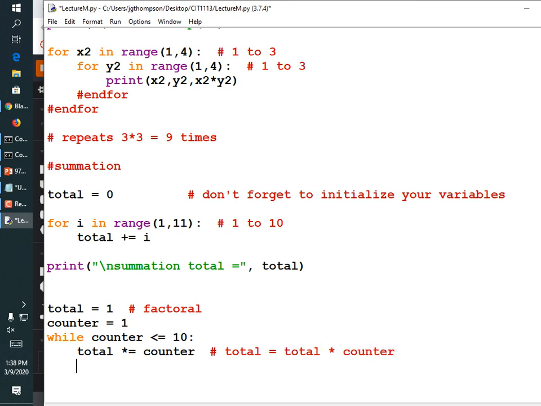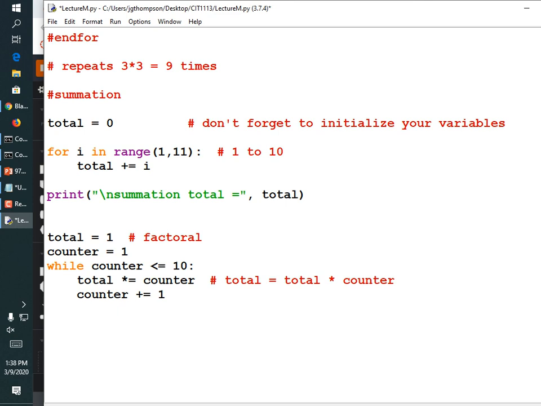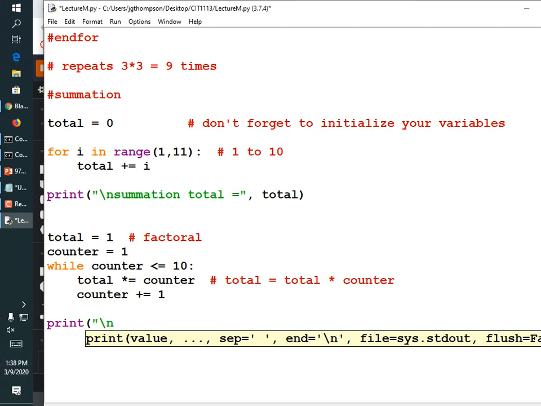And then I have to update my loop control variable, or else it'll just keep multiplying 1 by 1 by 1 by 1 by 1. So counter plus equals 1. And then some output, right? Print, parentheses, quote, backslash n,